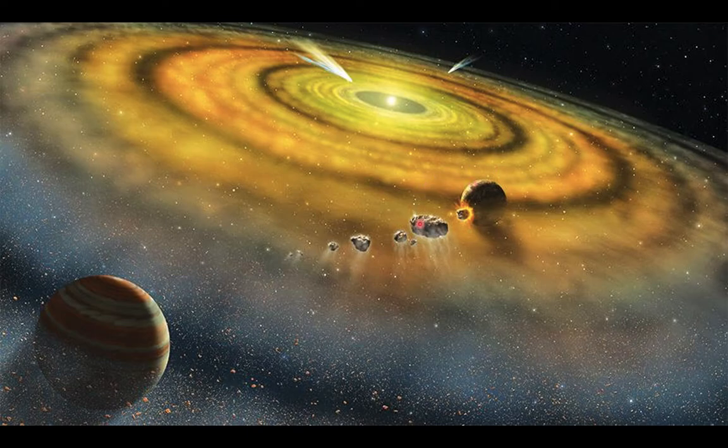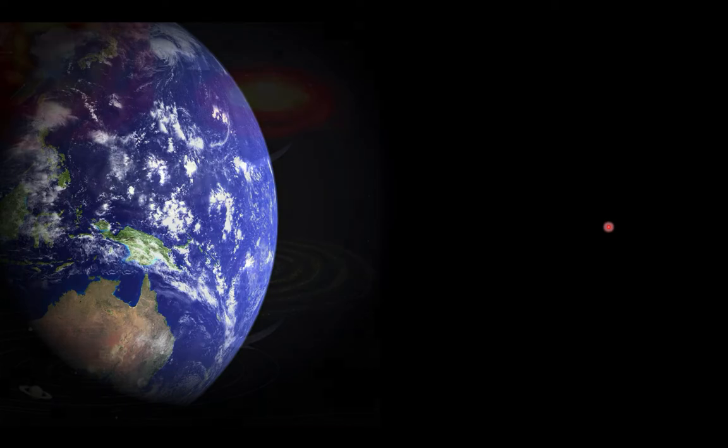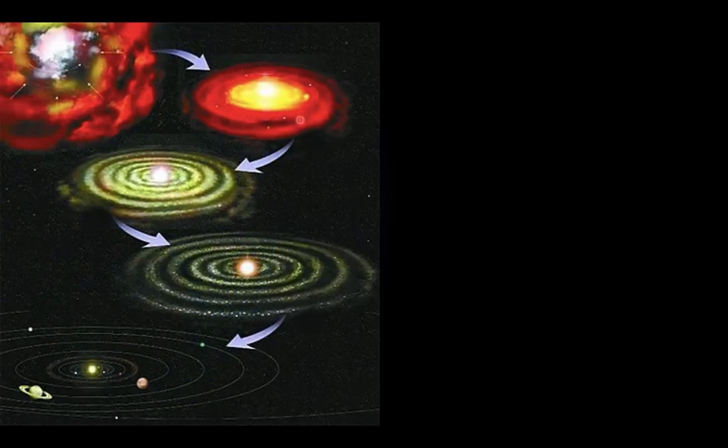Okay, so eventually we ended up with all the planets in the orbits that they're in at the moment. And this is just a summary of that. We've got the supernova, the beginning of that spinning disk, the process continuing, dust and gas forming into protoplanets, and then eventually we've got the planets there. This process of boulders being added to and things clumping together due to gravity is referred to as accretion, A-C-C-R-E-T-I-O-N. So that is how our solar system formed.